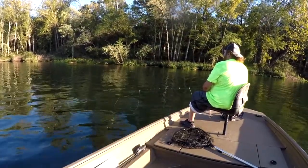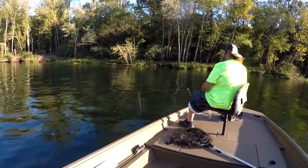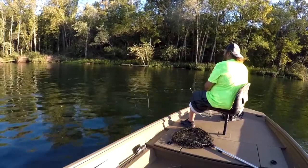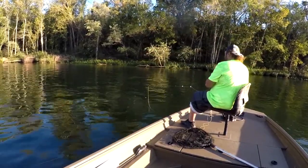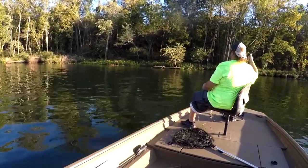Keeping my indicator set at that 10 foot with just enough weight to bounce it off the bottom allows me not to have to change depths on my indicator quite as often as I'm drifting down from the line. It's kind of a happy medium,